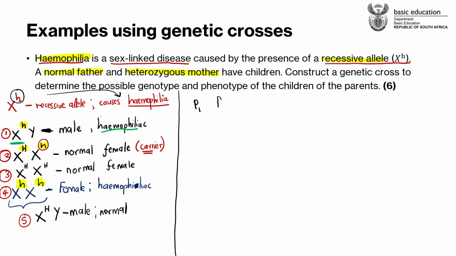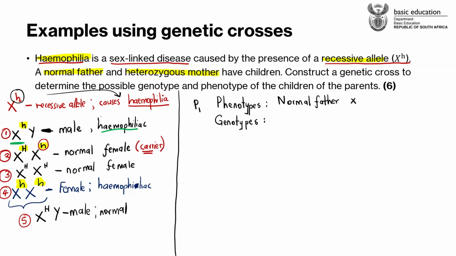Okay, so we're going to start with the phenotypes, guys. Let's just try to do this quickly. The phenotypes, we have been told that we have got what? We have got a normal father. So a normal father is a father that does not have the condition in this context, okay? And then we are crossing him with a heterozygous mother. Let's write the phenotype for the heterozygous mother, guys. The heterozygous mother, will she have the condition or will she not have the condition? Should we say that she's normal or she's hemophiliac? I think she's normal and she's a carrier.